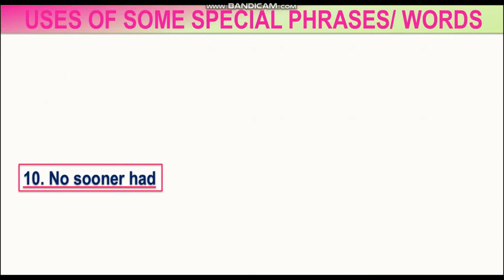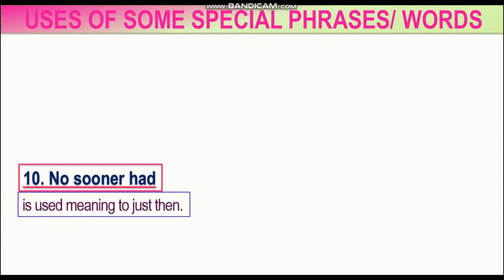Number 10. No sooner had. The phrase no sooner had is used meaning just then, and the verb used after the phrase no sooner had must be V3, I mean the past participle form of the main verb. Again, the conjunction than is used between the two clauses of the sentence including the phrase no sooner had. For example,